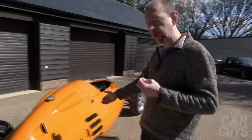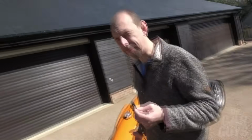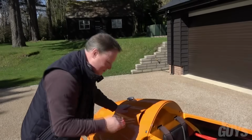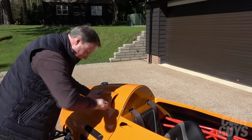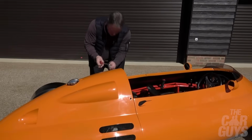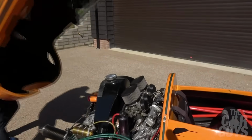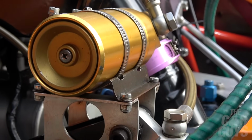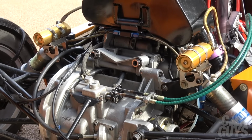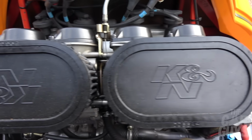Obviously this is where the power plant is, and what do we know about the power plant? It's a 1000cc Yamaha engine, a motorbike engine. Old school, screwdriver, pop that out. Actually take them out. Here we go, big reveal. Dun dun dun. Oh. Well, it's a motorbike engine. It's mean and purposeful. I'm sure it's a very, very exciting Yamaha engine. Key and air filters, Weismann